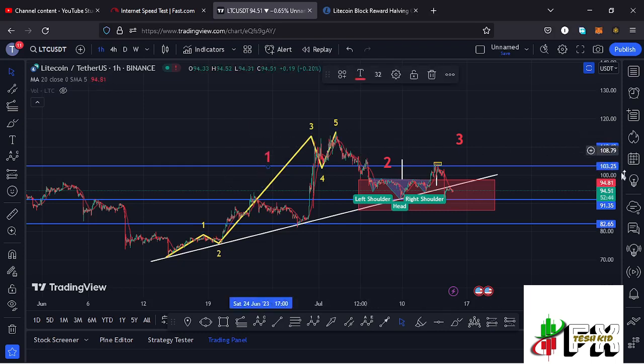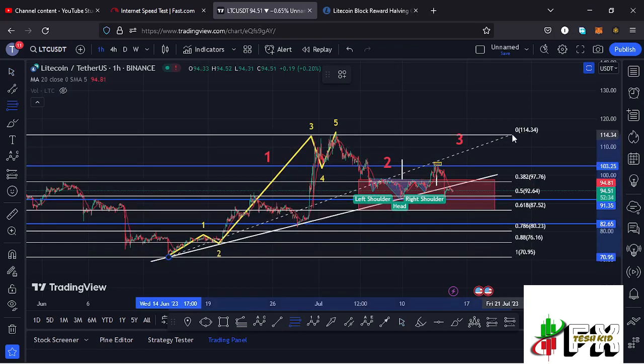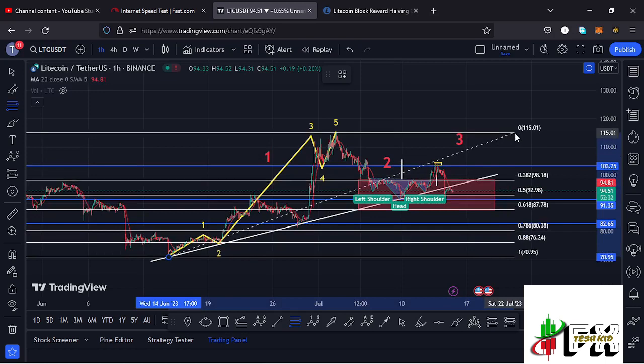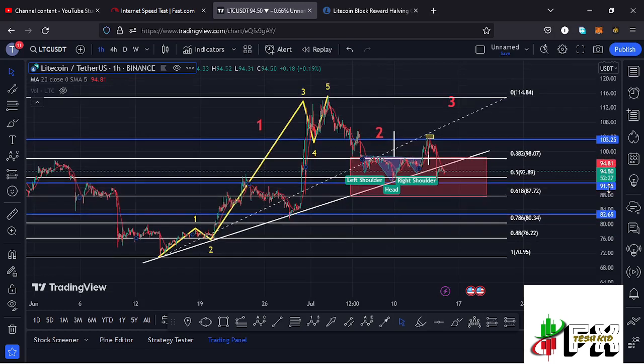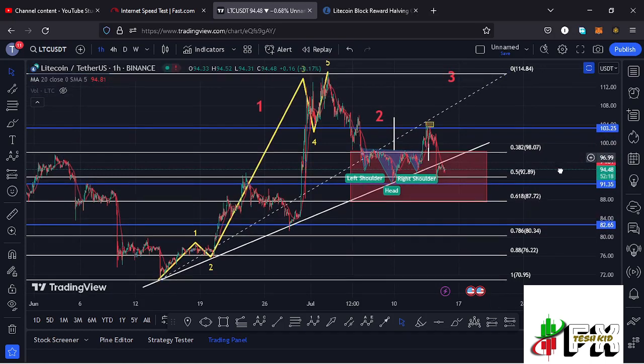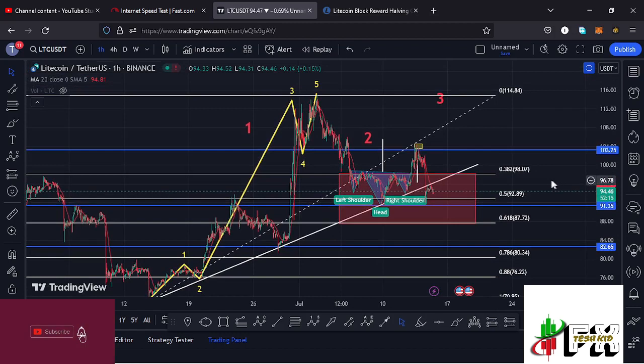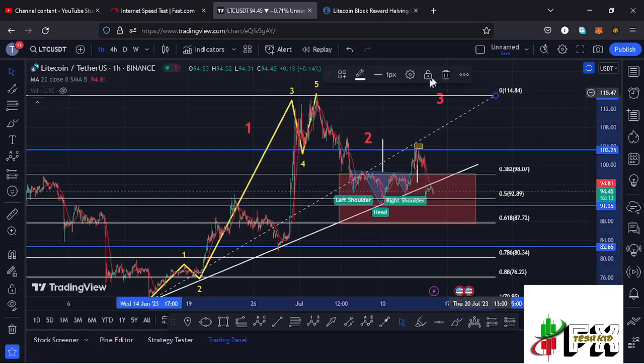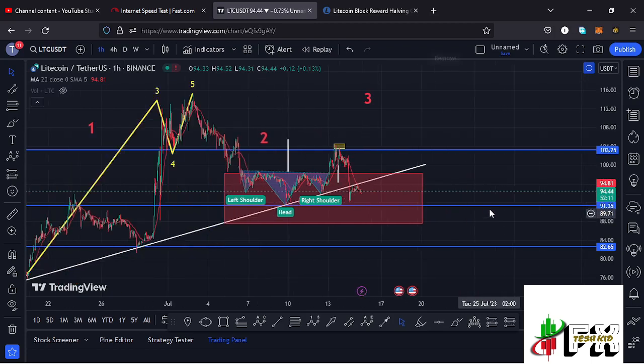Then we started a breakdown move in the formation of a larger Elliott wave count 2, and using the Fibonaccis, connecting them from the low of the first wave to the high of that wave 1, I got a minimum target area for the second wave between the fib level 0.5 and the fib level 0.618, between the $98.07 mark and the $87.72 mark, which is an area that we have almost fully maximized. And there are high chances that we now have a low in place for the second wave,